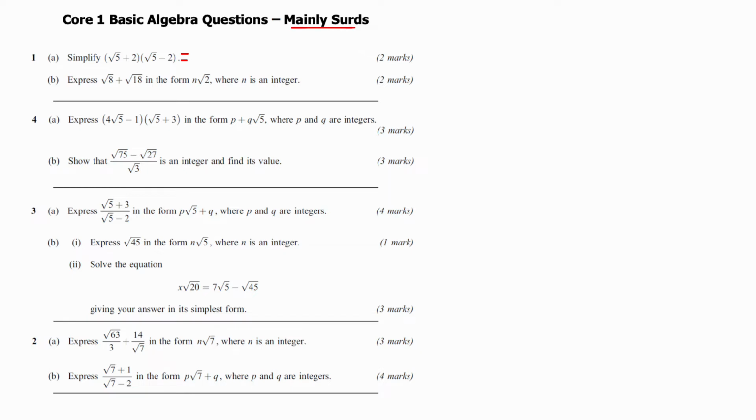This is question number 1, part A. Simplify root 5 plus 2 times root 5 minus 2. Well, expanding brackets, root 5 times root 5 is root 25, which simplifies to 5. Root 5 times minus 2 is minus 2 root 5. Positive 2 times root 5 is plus 2 root 5. And then positive 2 times negative 2 gives me negative 4, because a positive times a negative